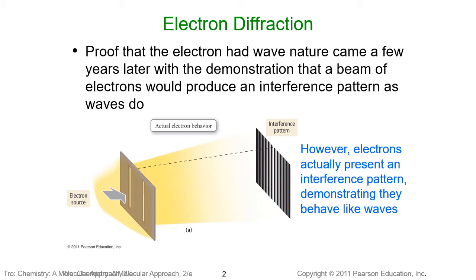Well, the interference pattern is what is observed. So we know that electrons behave as waves. The really interesting part is that if we turn that electron source down so that only one electron is being emitted at a time, we still see the interference pattern. So somehow the electron is passing through both slits simultaneously. And this is what leads to the quantum mechanical model of our atom.